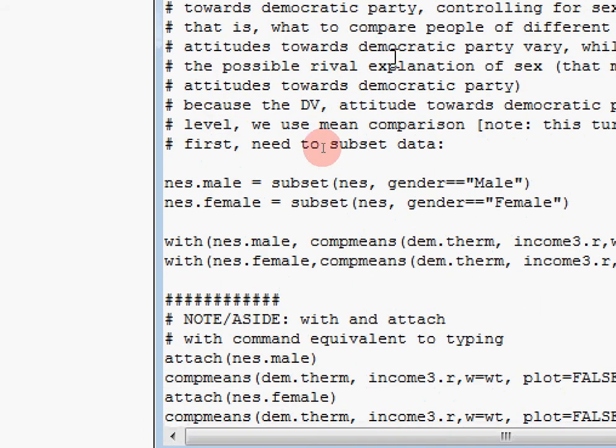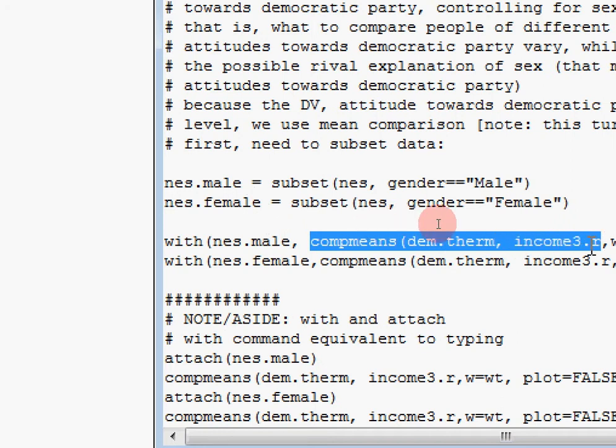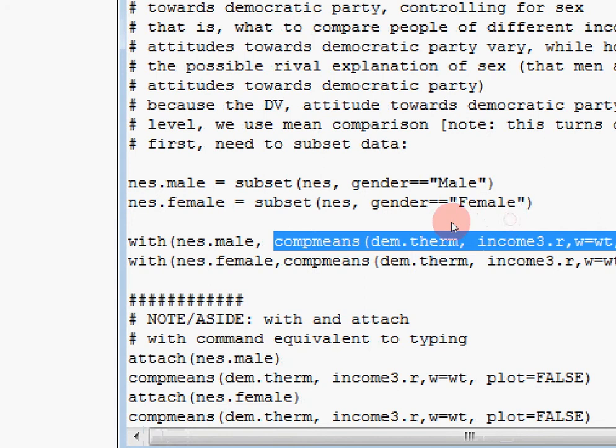Again, this breaks up the original NES dataset into two smaller datasets. If you combine them, they would form the whole NES dataset. But now we've got two smaller datasets, one that has all the men in it and one that has all the females. So essentially we're holding gender constant in each of these smaller subsets of data. We can then do a mean comparison here of attitudes towards democracy based on income. Again, not generating the plot, just as Pollock has suggested before,